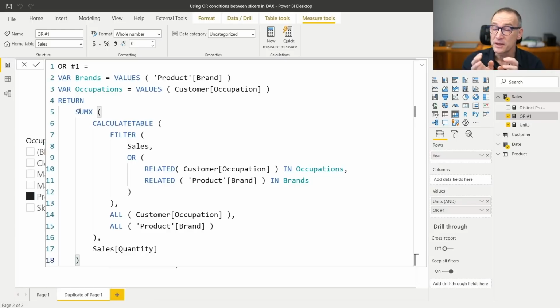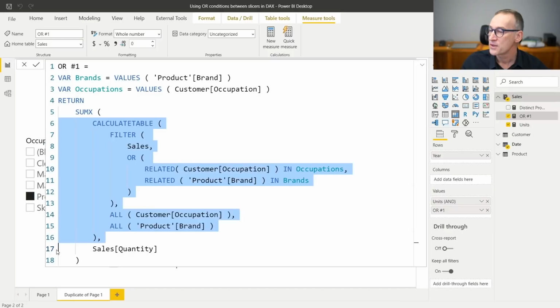And that something different is to replace the iteration, this SUMX, with a filter. Think of that. If I take this calculate table and instead of iterating over it, I use it as a filter, then I will be able to use whatever measure, because the filter will be applied to the model and any measure will work just fine.